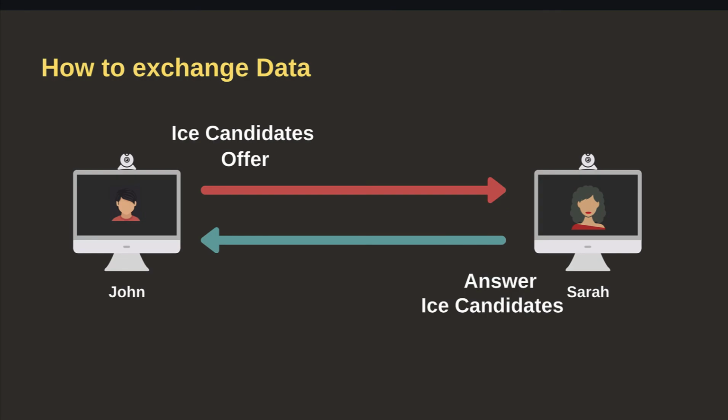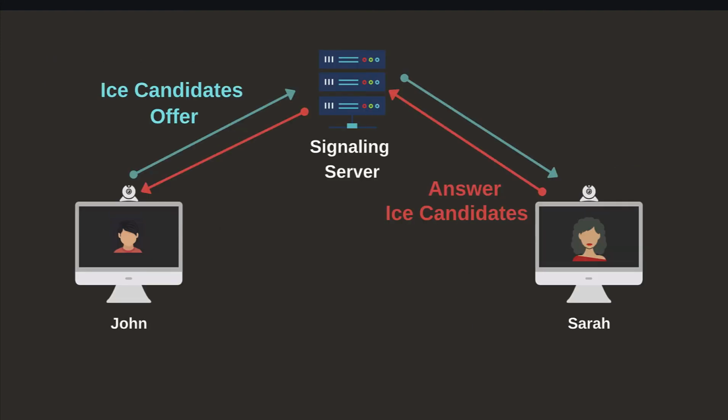Last part of this video is about the signaling process. We have seen what kind of data we need to exchange to have a peer-to-peer communication. We need offers, answers, and ICE candidates. But we didn't define how to exchange those data. We need a signaling server. Even if WebRTC is a peer-to-peer protocol, we still need a server. For this signaling server, you can pick any standard protocols like SIP or WebSocket. In our project, we chose to use WebSockets with the Socket.io library.